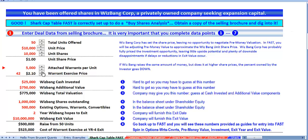Now, I've taken the liberty to enter some typical deal data. So here we have 50 units, offering price $10,000 a unit. The unit shares have 10,000 shares per unit, which translates to $1 a share. There will be 5,000 attached warrants per unit, exercisable at $2 and let's do $1.50. There we go. And now we've got to dig in and we find out that the Whizbang shares, the company